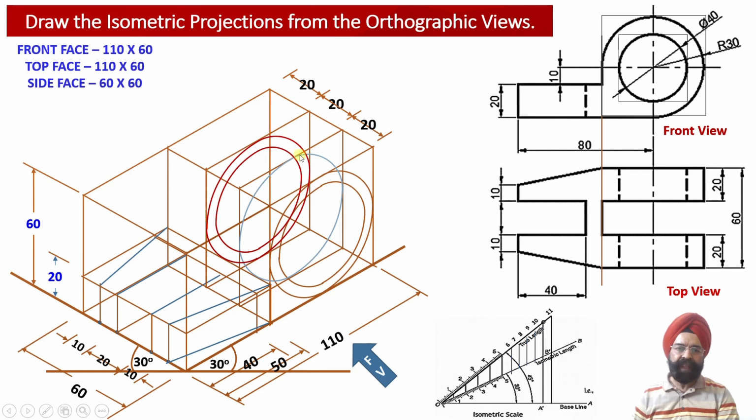But once again, this portion of the web is going to cover this portion of web number 3 over here. So this portion of web number 3 will be covered by the thickness of this web. Therefore, only this portion of surface number 3 will be visible to the observer over here,